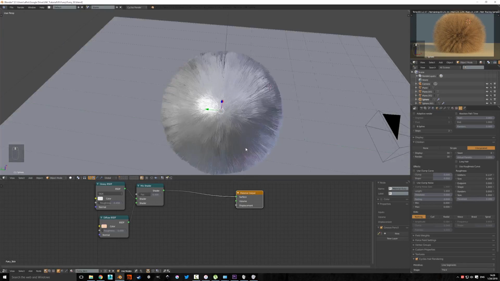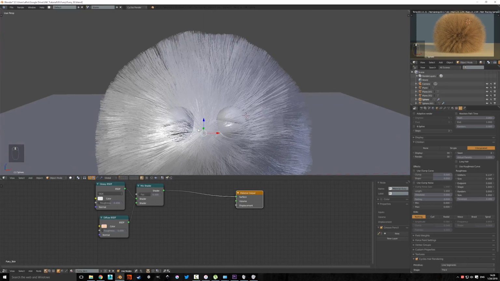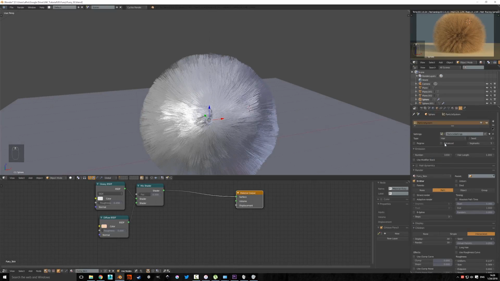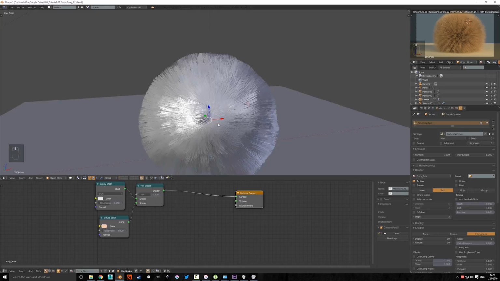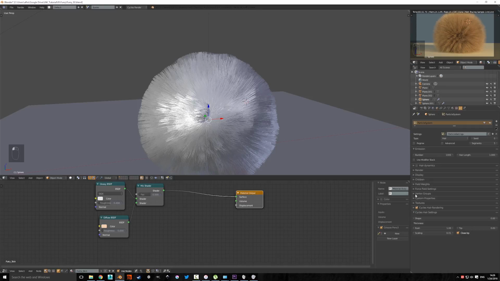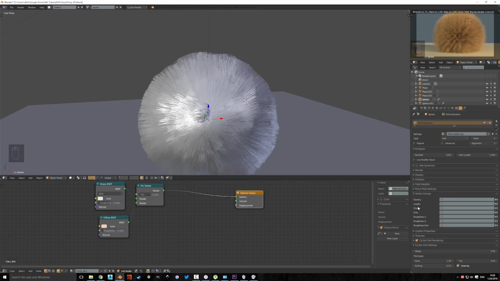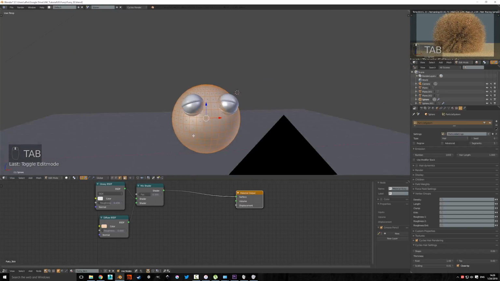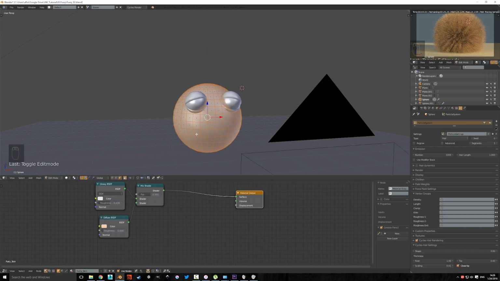And I think let's edit the length. Let's allow our eyes to appear. We could actually try doing that by combing the hair, but before we get to that, we need to remove the hair that is growing in the areas where we have eyeballs. So the way length is controlled here is via vertex groups. You see there are different vertex groups for density, length, clump, kink, roughness, and so on. So if we switch to edit mode of that geometry,